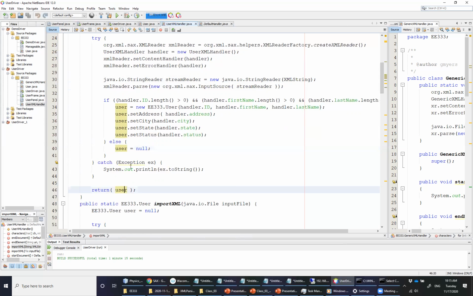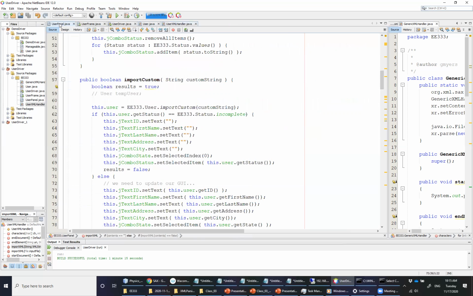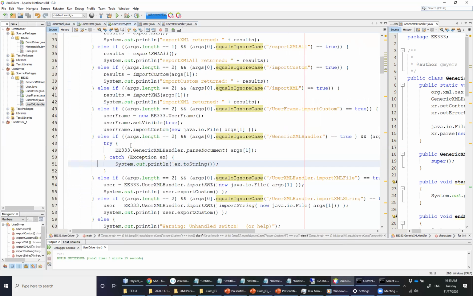So some cleanup work can be done here, some little bit of improvement on the error handling, etc. But fundamentally what we have here is a working XML parser. So how do we make this work? Well, the first thing that we want to do now is we want to come out here to our user